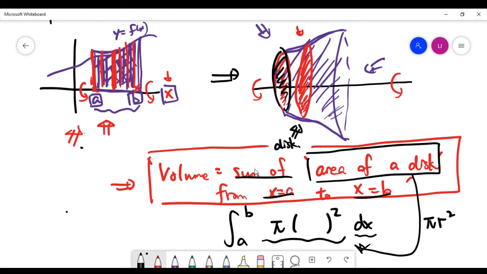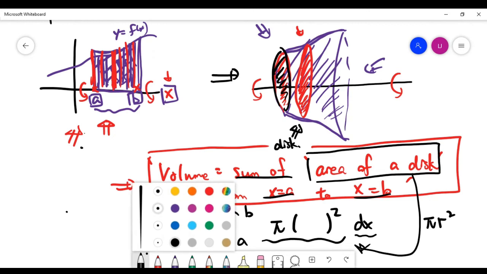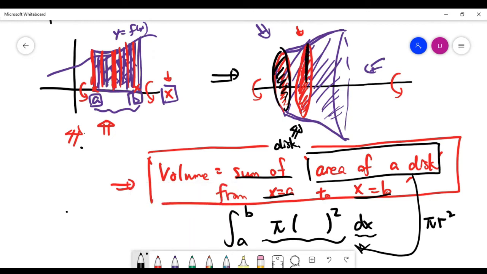And we have to check the meaning of r. And r actually means what? R actually means, if you look at the red circle on the right-hand side here, the length from the x-axis, which is the rotation axis, up to the curve here, right? And this length, if you come back to this picture, is essentially the length of the point standing on the